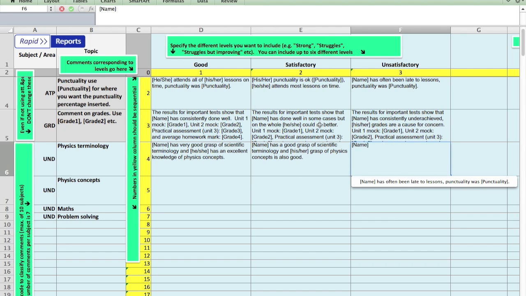Depending on how you might write an unsatisfactory grasp of terminology or concepts, you may want to be more diplomatic or more straightforward. You can say something like